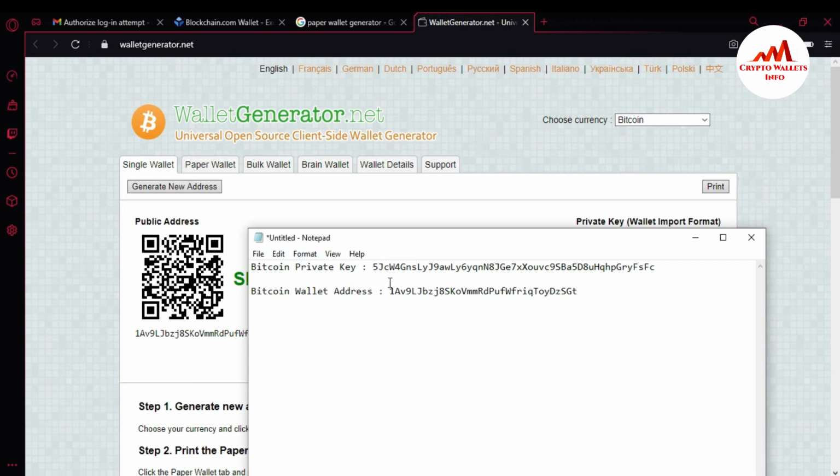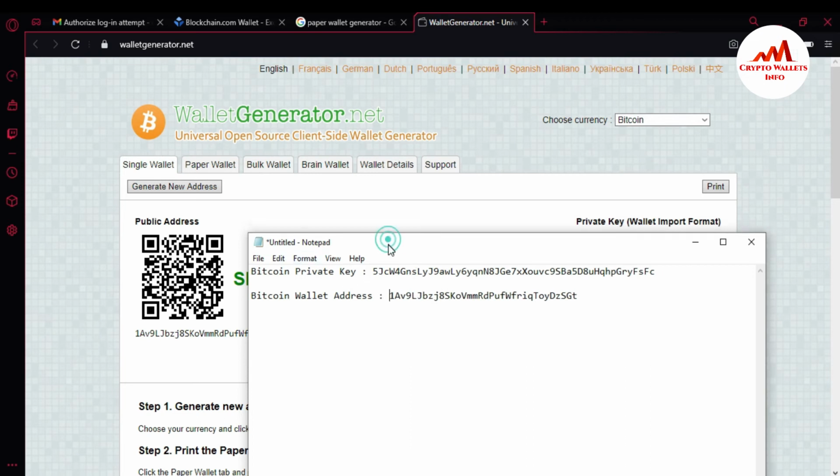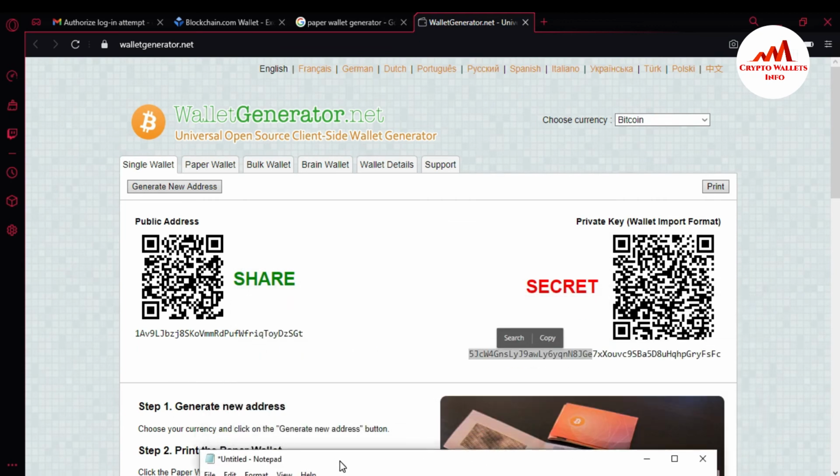So as you can see, I have successfully written my private key and my wallet address.